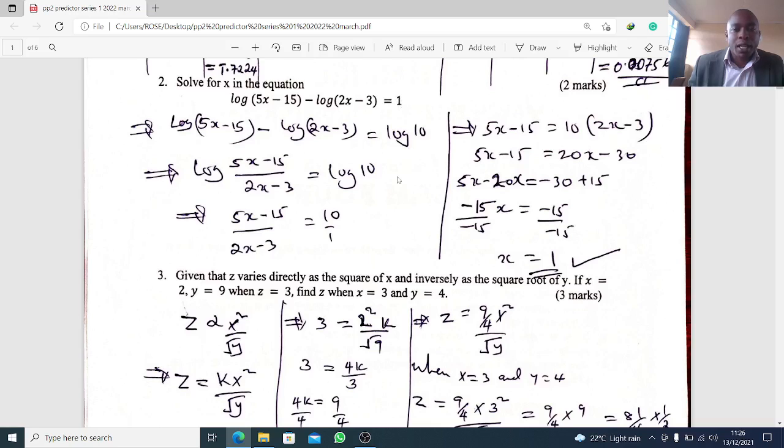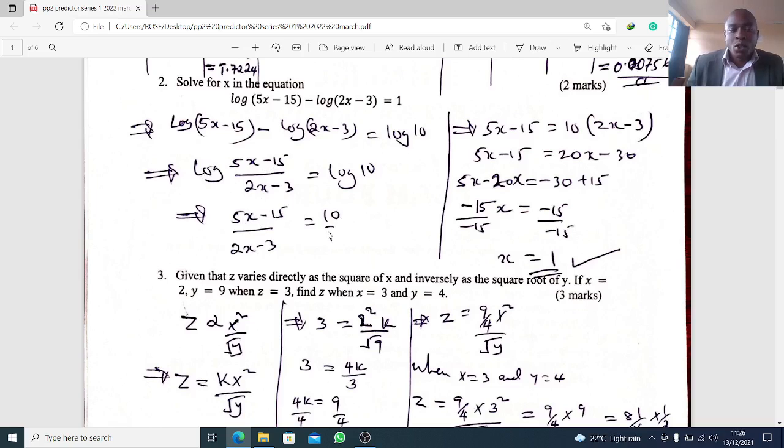Log to base 10 of 10 gives you 1. So we write everything: log of 5x minus 15 minus log of 2x minus 3 equals log 10. Because here is a minus, we subtract, we divide. So it will be log of this divided by this one. That is log of 5x minus 15 all over 2x minus 3 equals log of 10. The logarithm can cancel there, so that we remain with 5x minus 15 over 2x minus 3 equals